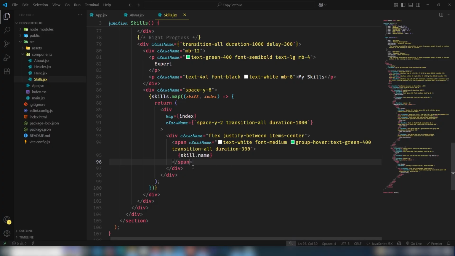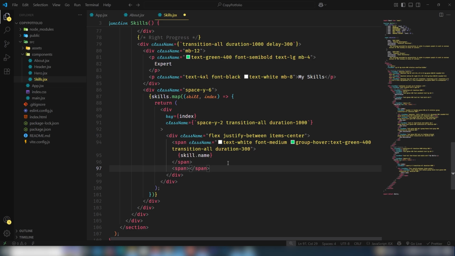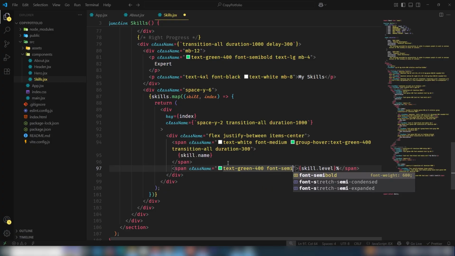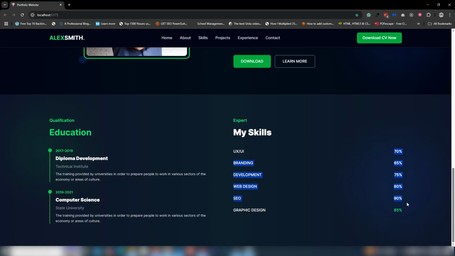So yeah, we're gonna move on to the span. I'll use the span, and then I'm gonna add the skill.level modules and add the classes. Text should be clean 400, font semi-bold. Yeah, it's perfect. So I'm gonna save the file. Let's look at that,